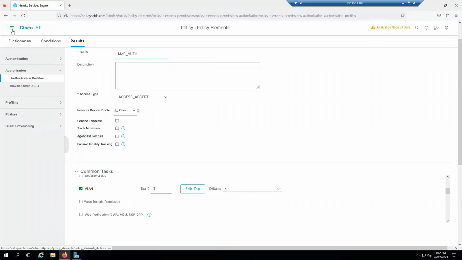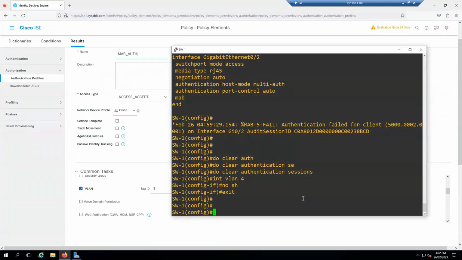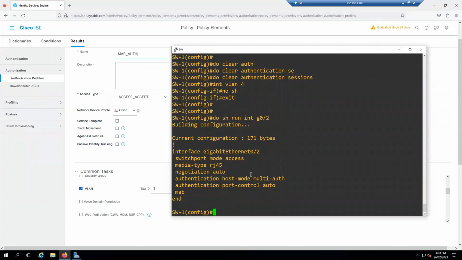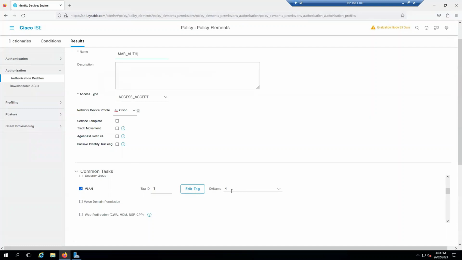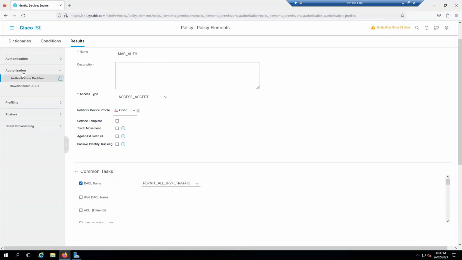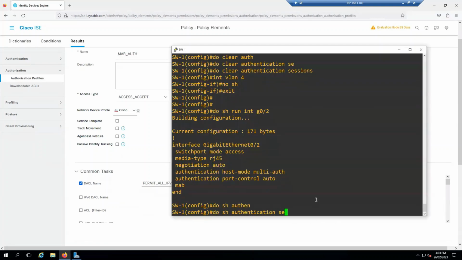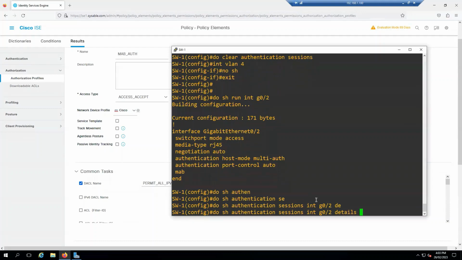That's fine. So let me go to the switch, and you can see that still it is not up. So do show run interface gig 0/2. So it's not allocating that one. So we have provided the VLAN number 4. That should be good. And also we said that we permit all traffic. That's all good. So let me go to the switch, and if I say do show authentication session interface gig 0/2 details,